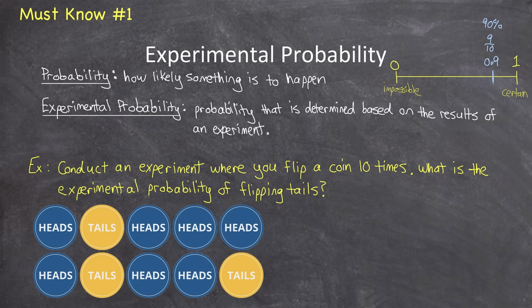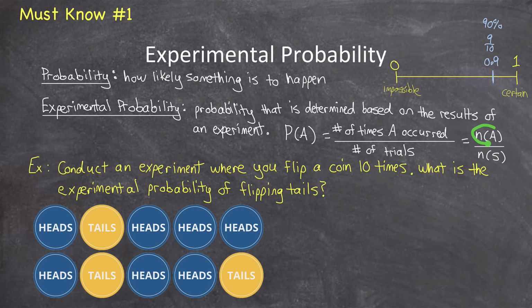Let's say we wanted the experimental probability of some event happening, we'll call it event A. To calculate the probability of event A happening, you do the number of times event A occurred, and divide that by the total number of trials of the experiment. And there's a shorter notation for writing that, where NA stands for the number of times event A occurred, and NS means the total number of elements in the sample space, which in this case means the total number of